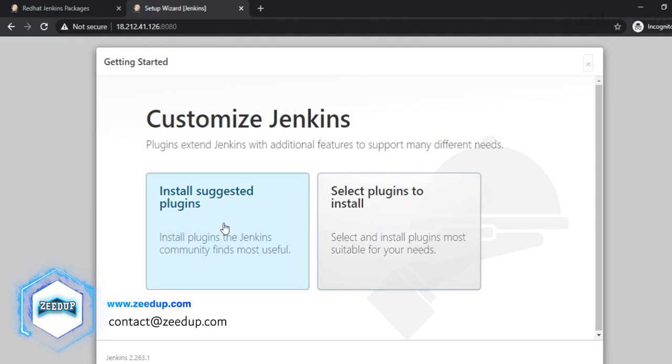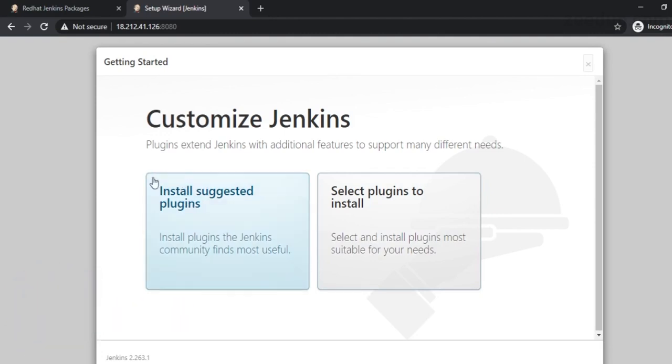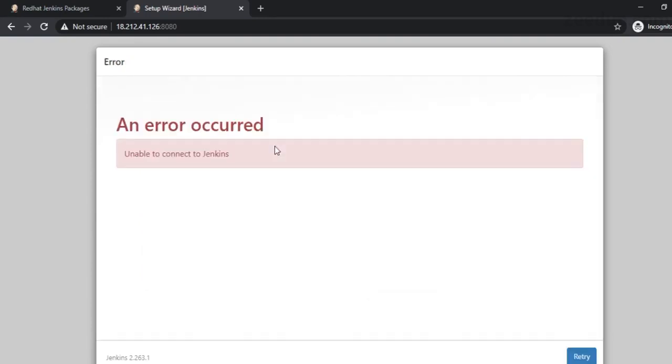So you can also go for manual, but I am going to use these suggested plugins. And as we discussed in the features video, plugins are actually the most powerful feature of Jenkins. So we will select this,